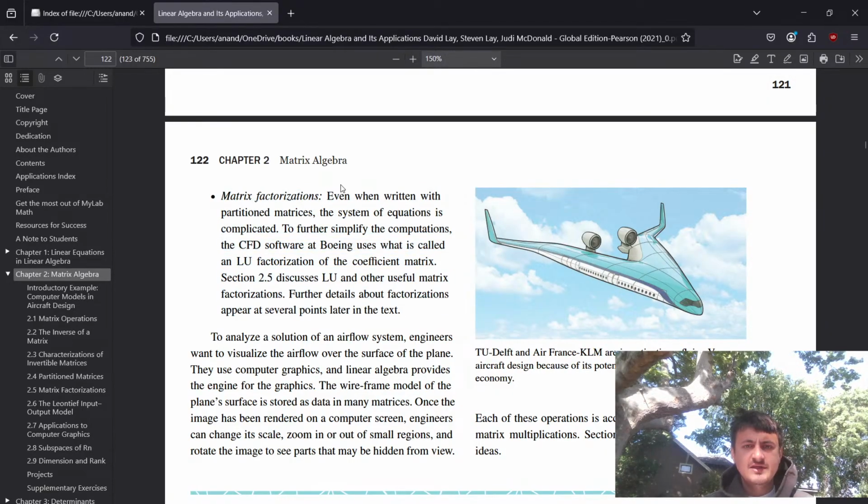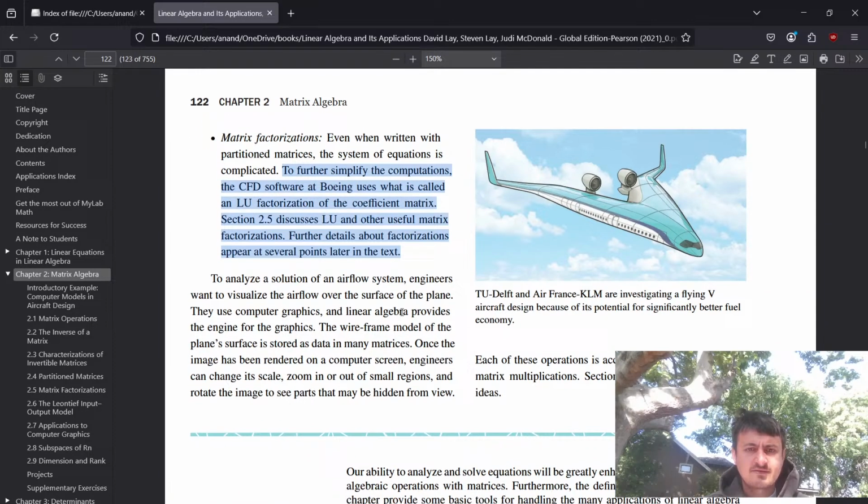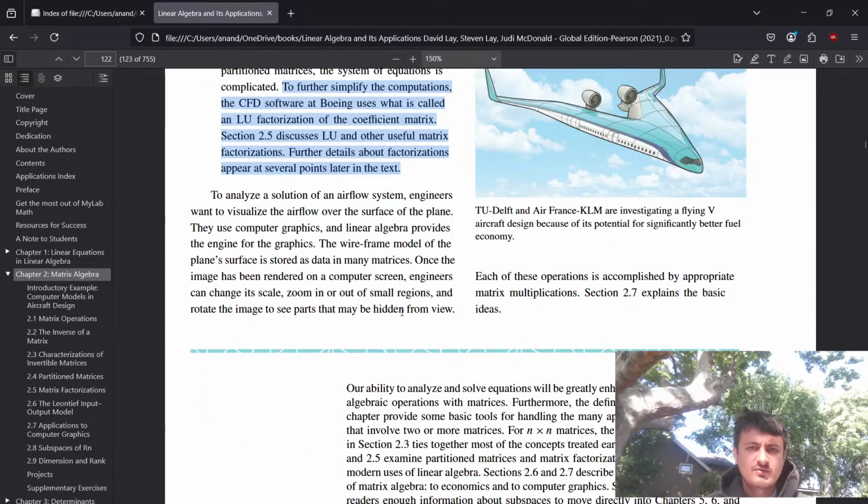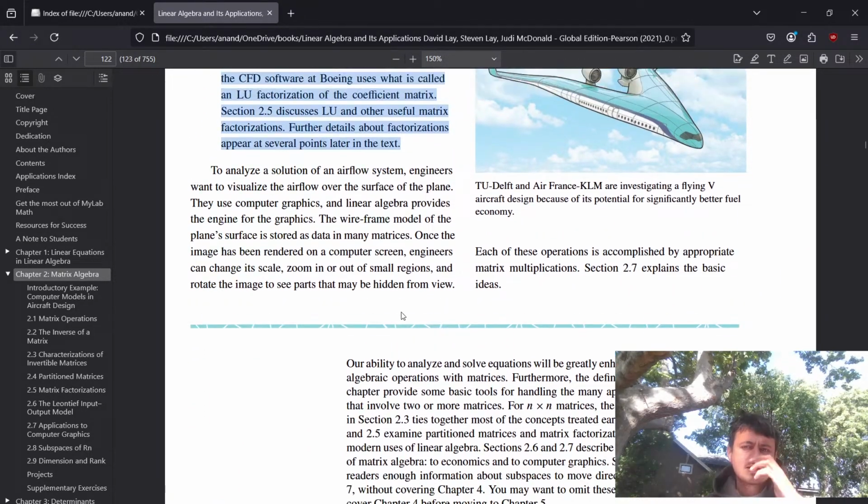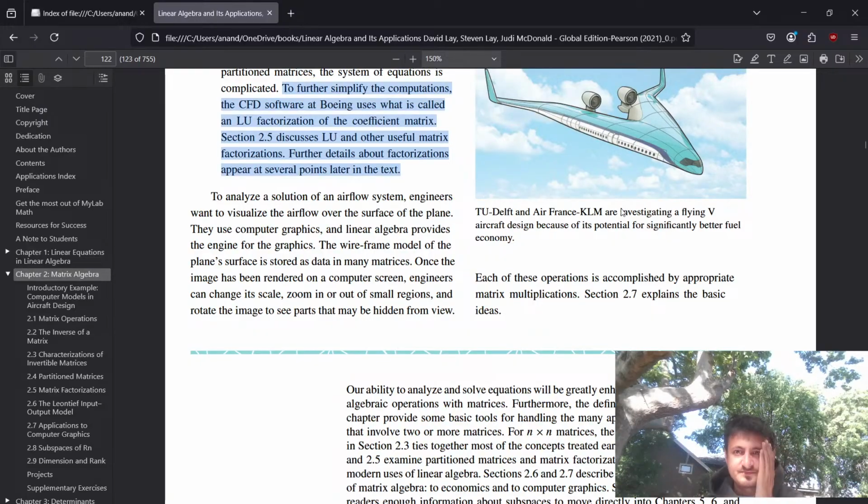Matrix factorizations. Even when written with partitioned matrices, the system of equations is complicated. To further simplify computations, the CFD software at Boeing uses what is called an LU factorization for the coefficient matrix. Section 2.5 discusses LU and other matrix factorizations. Further details on factorizations will appear at several points. Yeah, because this is where you start getting into actual